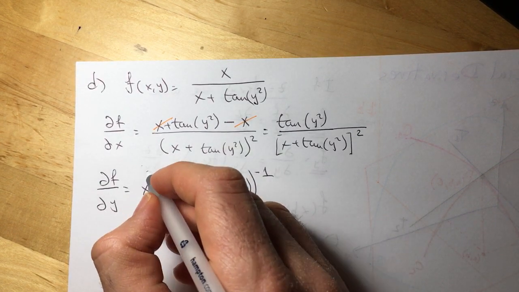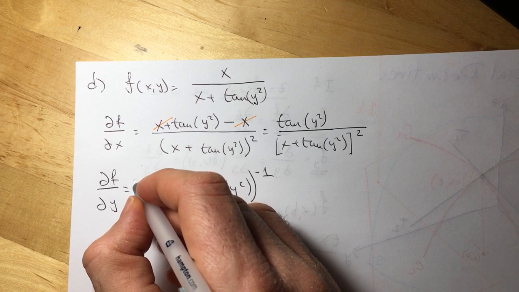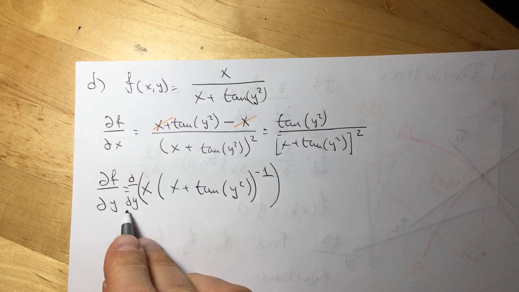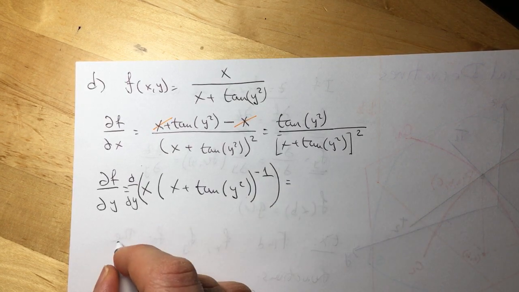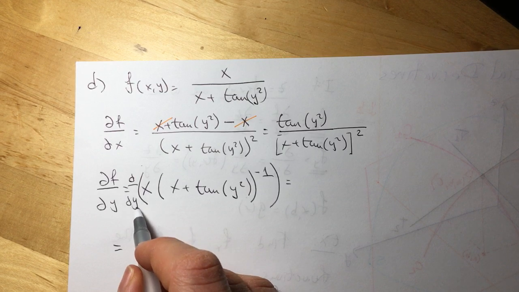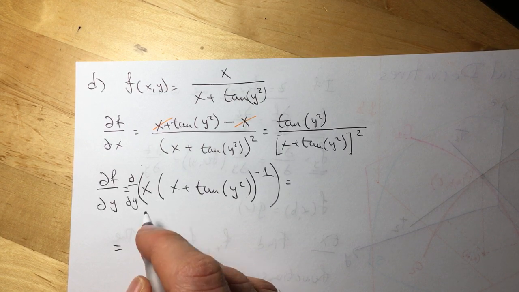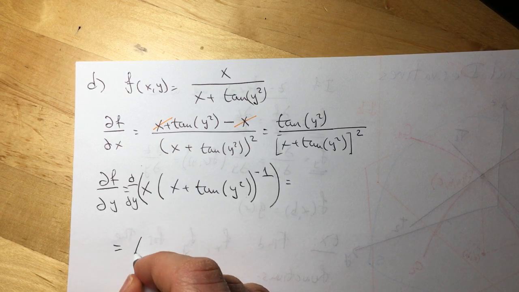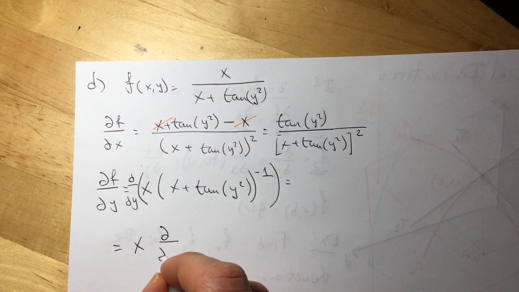And then I look for the derivative with respect to y. So let's see, what do we have? x is being treated as a constant because I'm looking for the derivative with respect to y. So a constant times a function: the derivative is the constant times